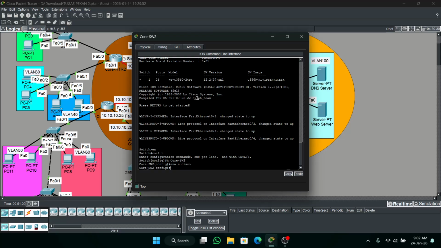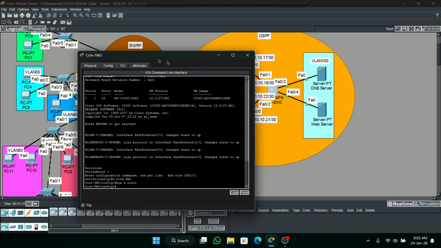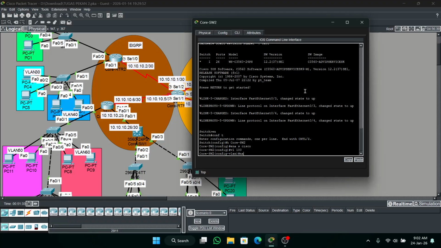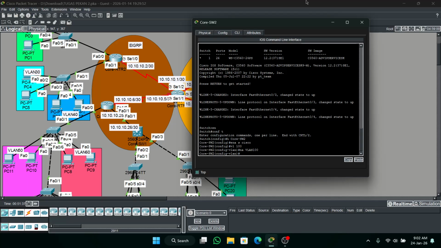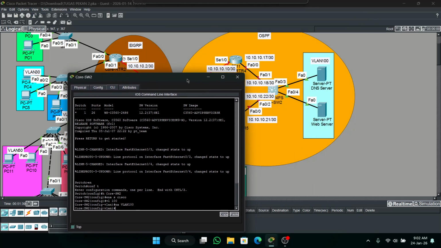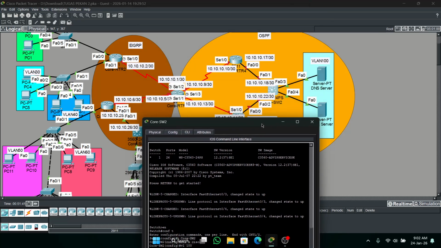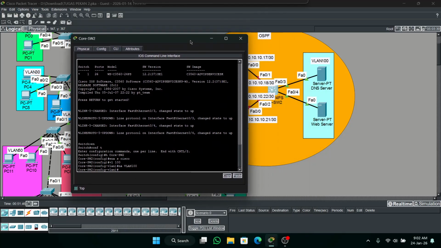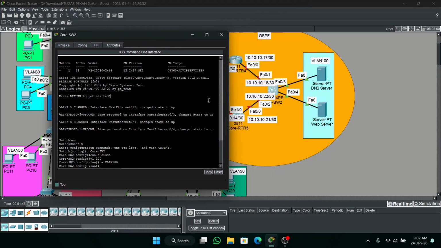Okay, next is make VLAN 100. Name VLAN 100. Okay, oh, so the SVI, we will add the IP address first.